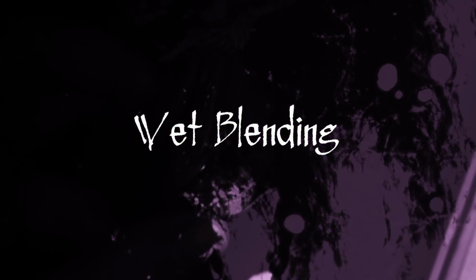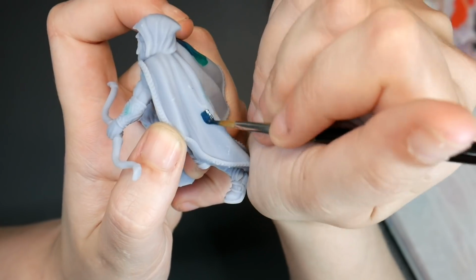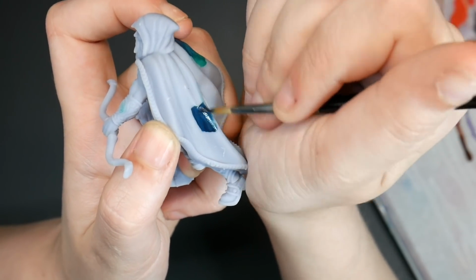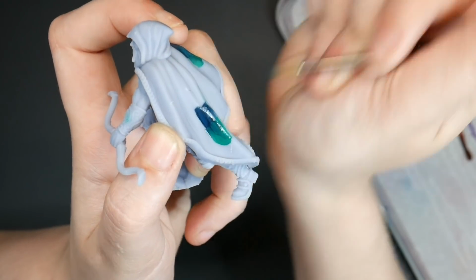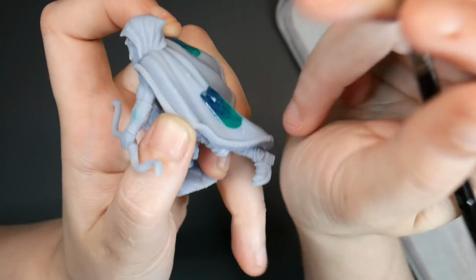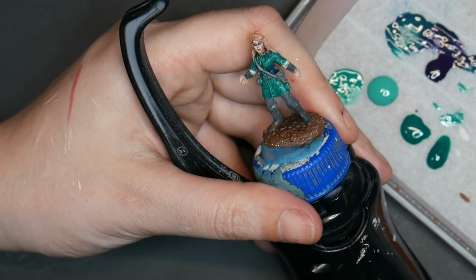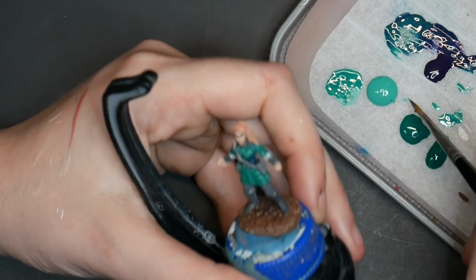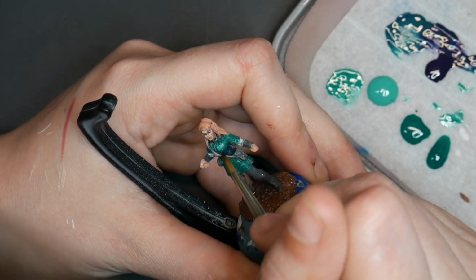Wet blending. Wet blending is a technique that I use all the time on miniature painting because wet blending makes blending paints a lot faster. Wet blending is best done on small to medium areas and with similar colors. So I usually wet blend areas like the capes on a 28mm model or maybe the thigh of a 72mm model. However, if I was going to do like the cape of a...